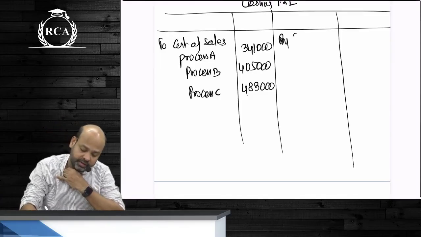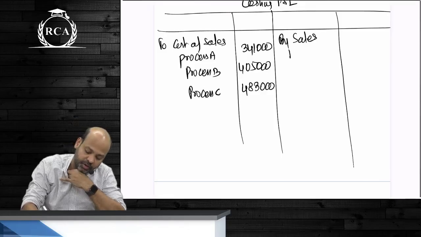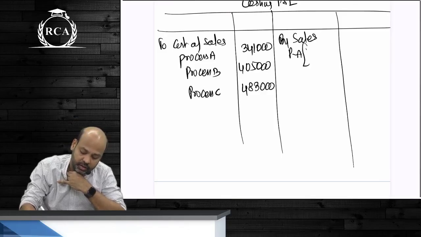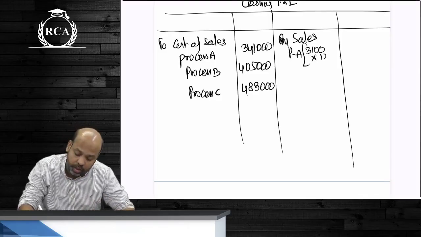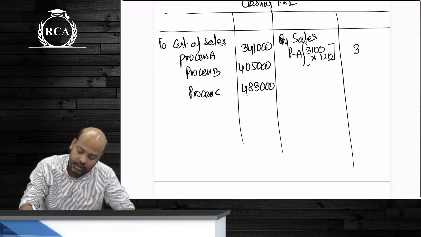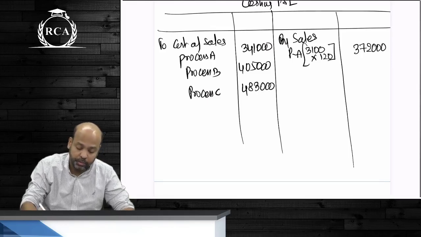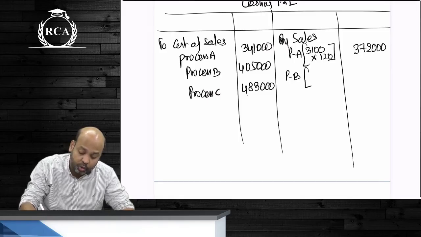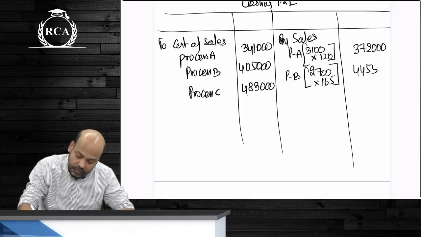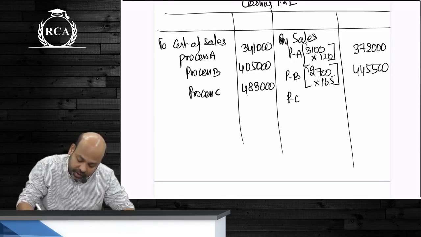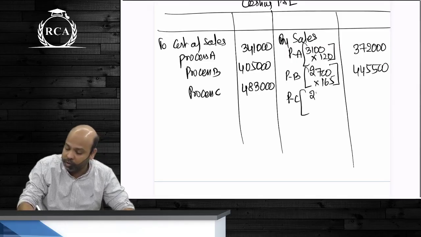By sales, guys, can you tell me how many units of process A did we sell? Tell me the selling price, beta. 120. 3,70,000. Are you all following, guys? Process B, how many units did we sell outside? At a selling price of? How much is that? 4,45,500. Process C? 2,100 at